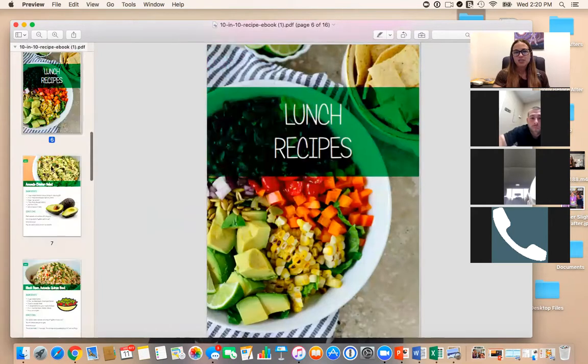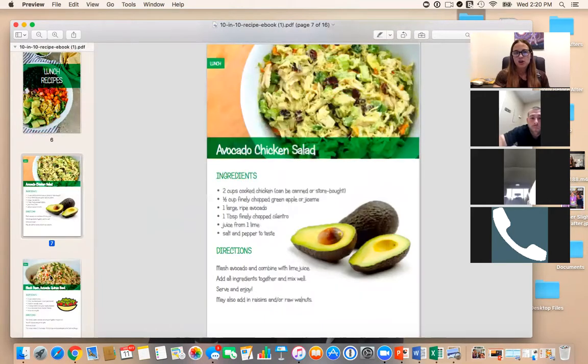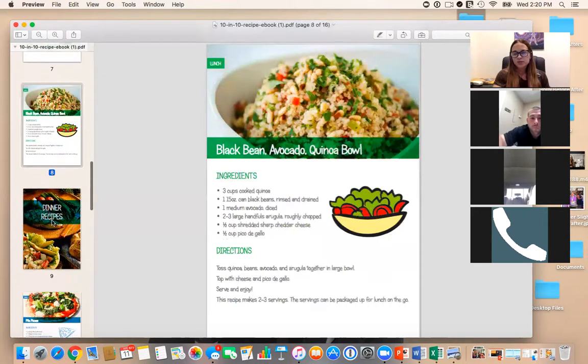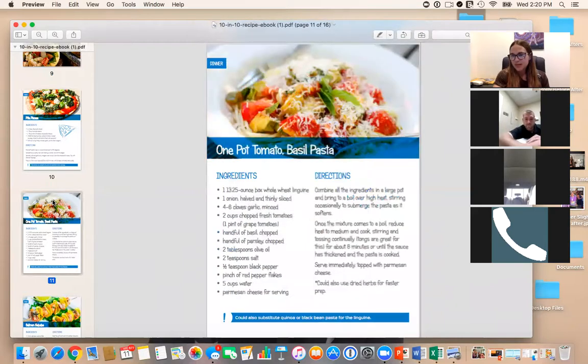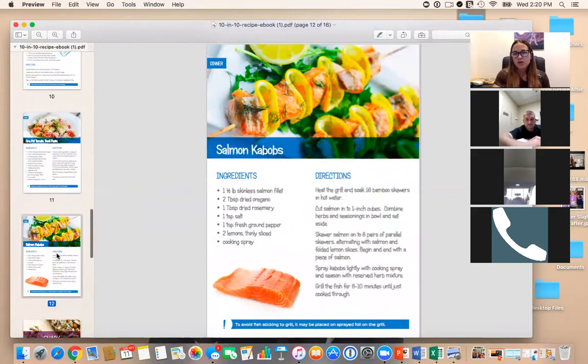And basically what she did was she just pulled different things that she saw off of Pinterest and web searches, but it's gorgeous and they're healthy. They're less than 10 minutes. Now I have something that I can offer people.